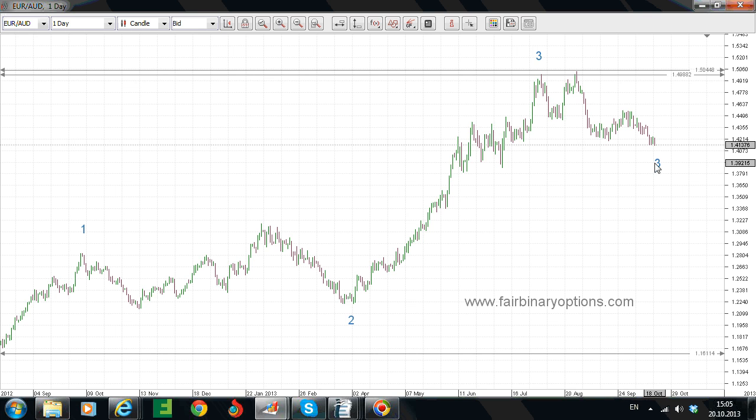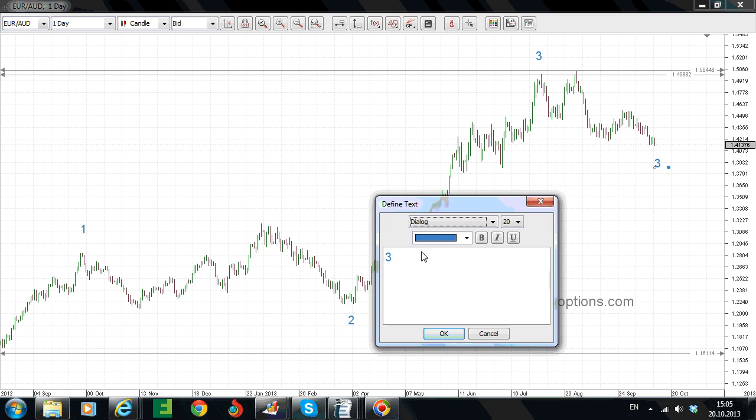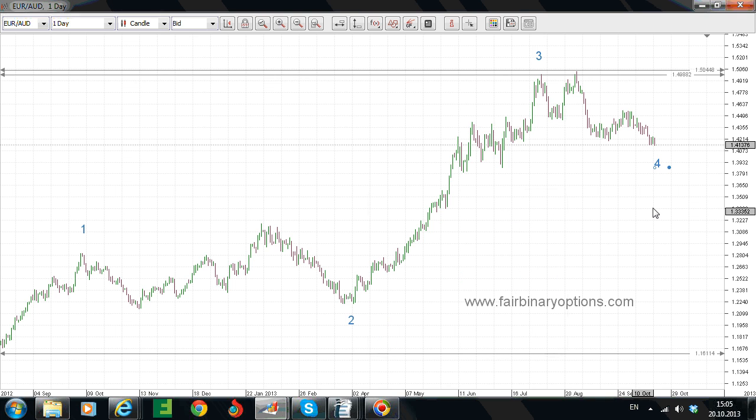Why? Because the fourth wave and the second wave, according to Elliott wave theory, need to have the principle of alternation between the two waves. They should alternate in at least one of the following: the severity of the move, the time taken for the move to form, the construction. Well, it might be that you have two different irregular flats, this the first one, this the second one. However, I strongly doubt that, and because of that, I'm looking at a contracting triangle,